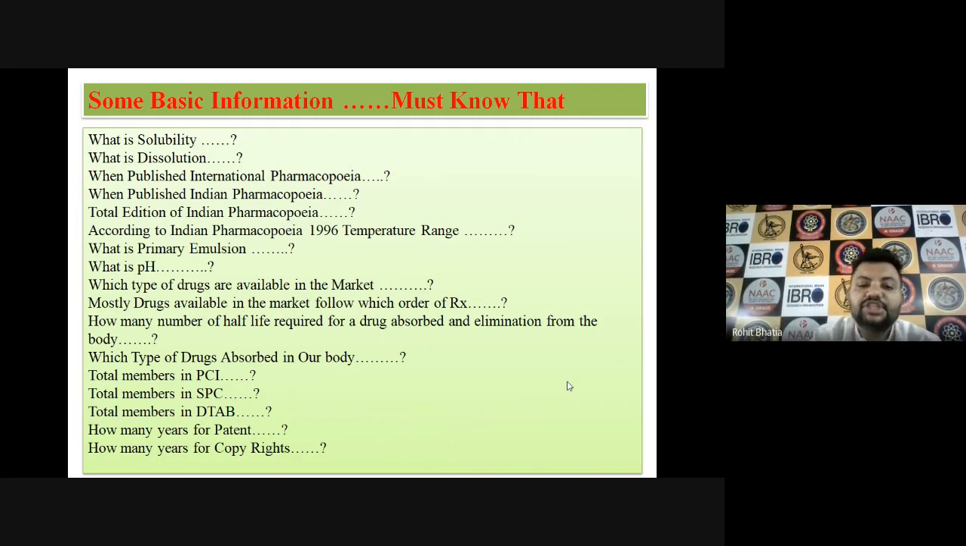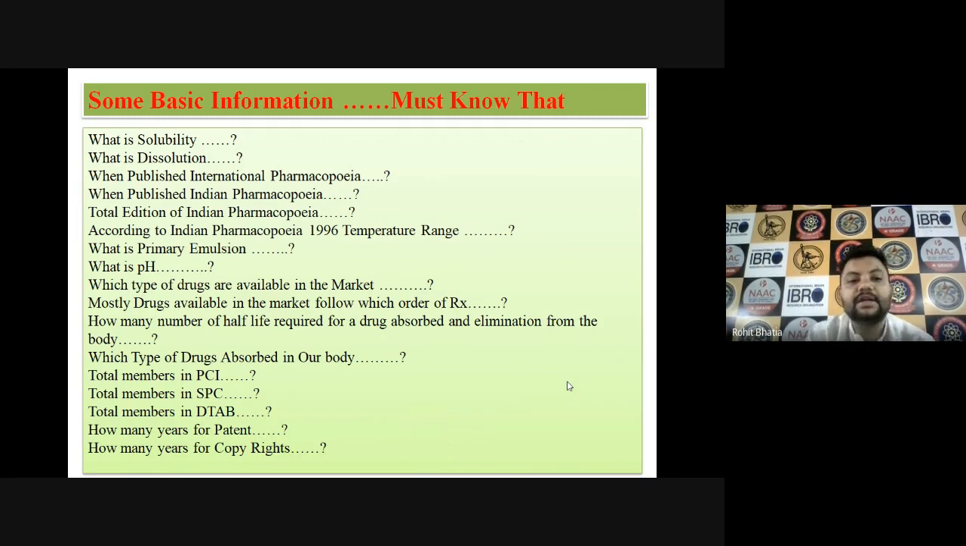What is primary emulsion? What is pH? Which type of drugs are available in the market? Mostly drugs available in the market follow which order of reaction? How many half-lives are required for a drug's absorption and elimination from the body? Which types of drugs are absorbed in our body? How many total members are there in PCI? Total number of members in SPC, total number of members in DTAB, how many years for patent grant, how many years